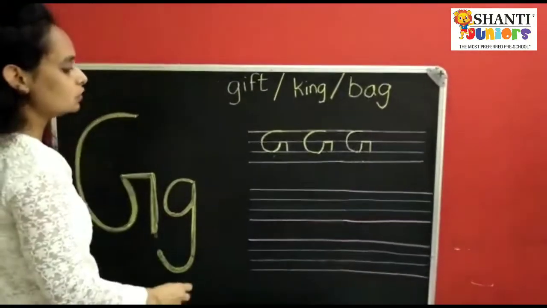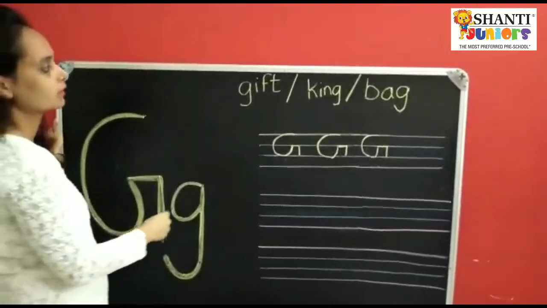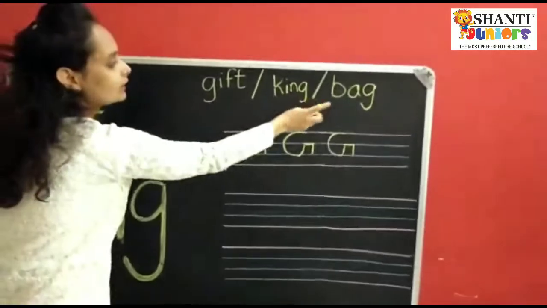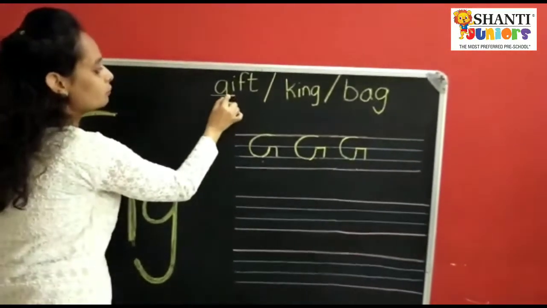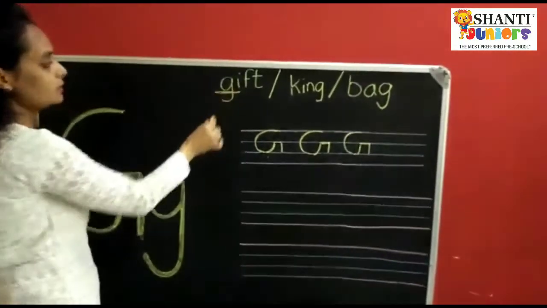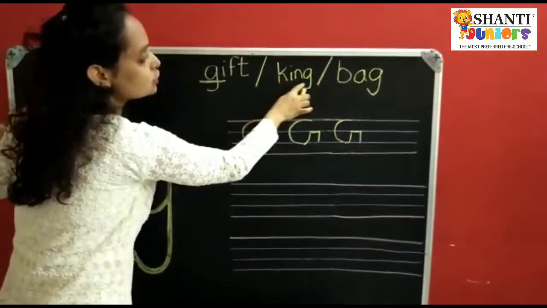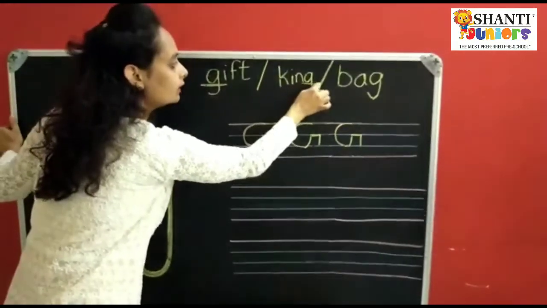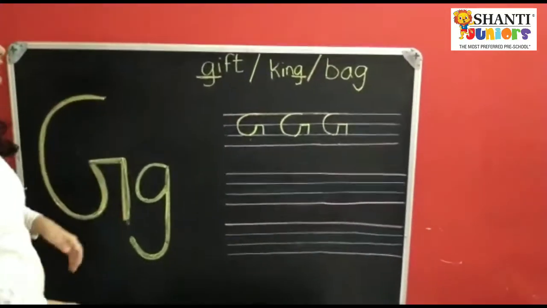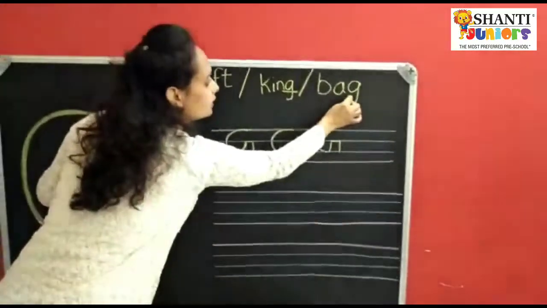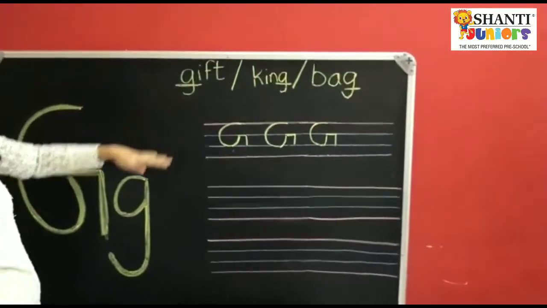Okay, now I am going to show you the small letter. First we are going to see this word, children. Can you see this word? Yes. So where is G? Can you see G? Yes, this is gift. So gift, where is G? So you have to underline G. This is letter G which we are going to learn today. This is king. But the G is at the end. That's okay. Then also I am going to underline letter G because we are learning letter G. In this, children, here it is letter G. Okay. So this becomes letter G.